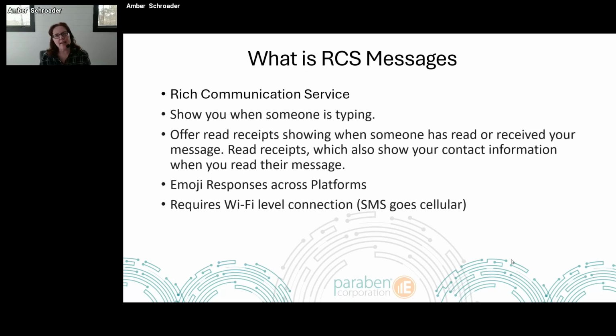And the last one is that it requires a Wi-Fi communication to be able to function within the RCS environment. Because it's pushing out more data, it's changed the way that it's actually transmitting it. And what will happen is the device will then default back into an SMS message when it doesn't have that Wi-Fi communication available to it, or it prompts the user and says, your message can't be sent because this person is offline right now. Would you like to change the way it's transmitting? And they can change from doing it as an RCS transmission over into an SMS transmission.